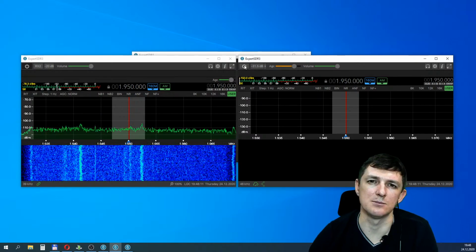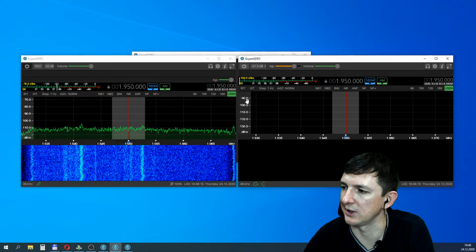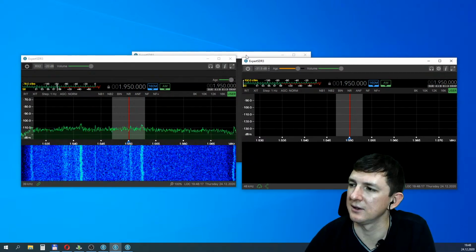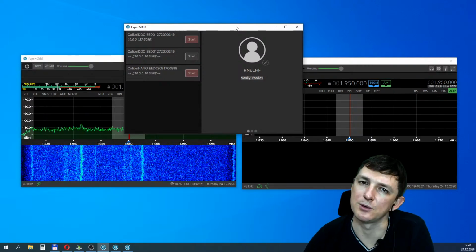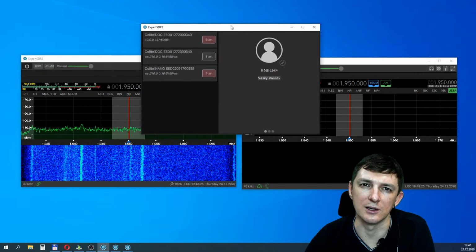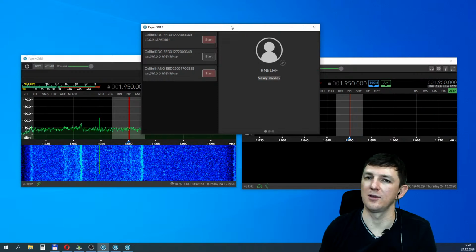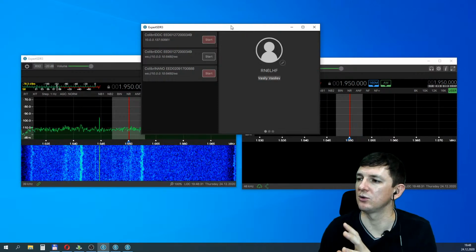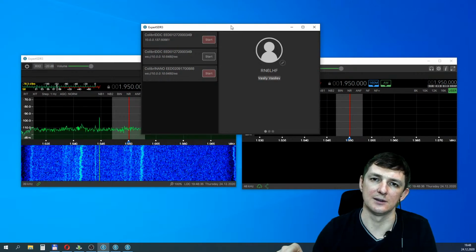I have some issue on the remote side and I cannot start it, but you can see that one device manager, one Expert SDR3 software. This device manager includes all DSP processing, the main DSP core, SDR core based, and